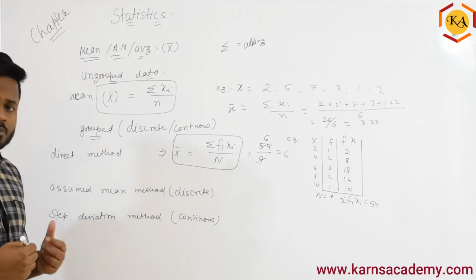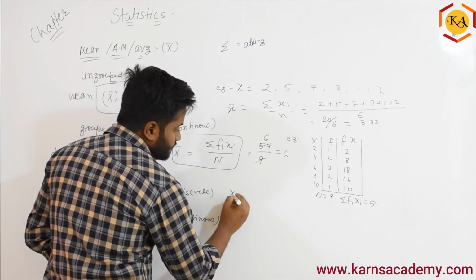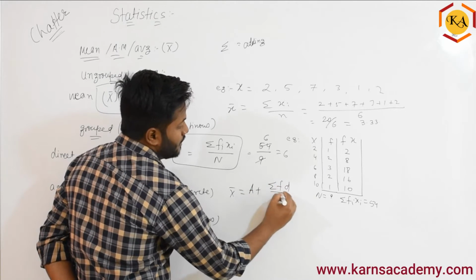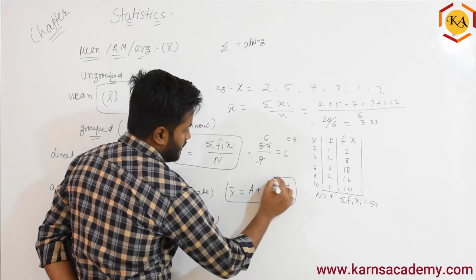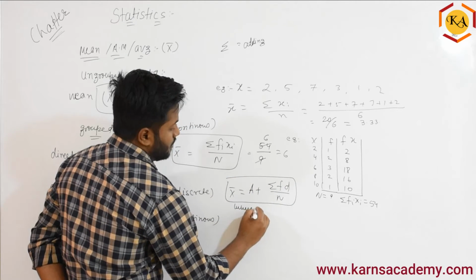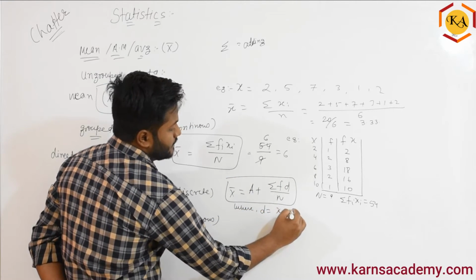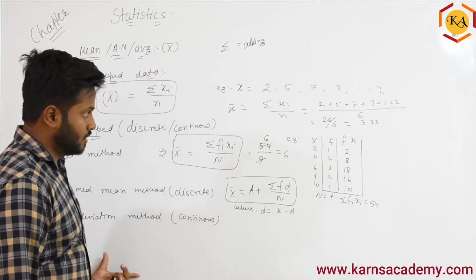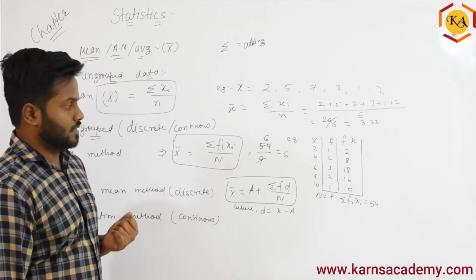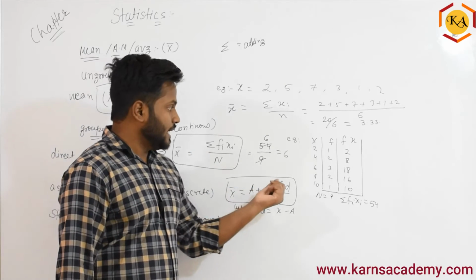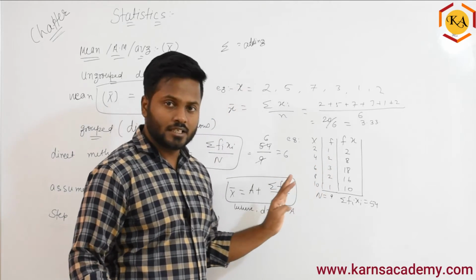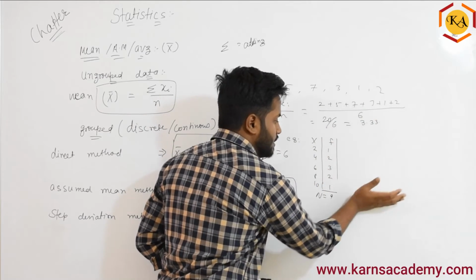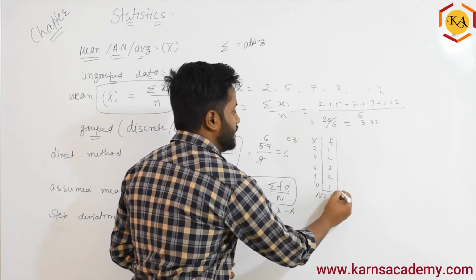In a discrete assumed mean method, what we say that your mean equal to a plus summation fd by n, right, where your d equal to x minus a. Okay, similarly I will write this both together, or let me just first do this particular thing, continuous data, right? So we will take the same example, we will not change anything. Now here I will erase this part, and then we will talk about it. Anyway, you would have written by now.